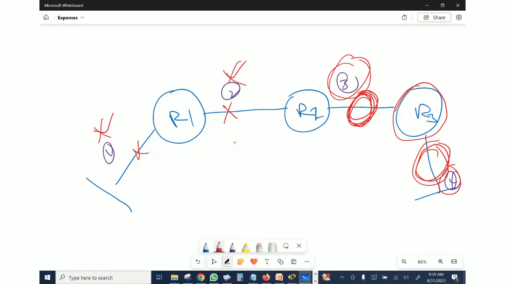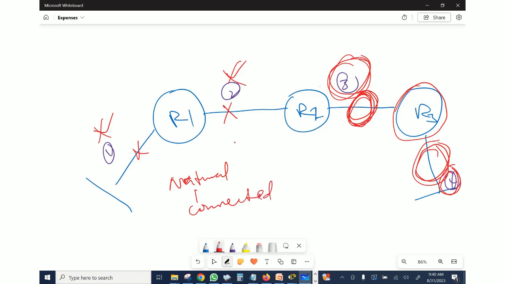Meaning for router 1 to know about network 4 and for it to know about network 3, something must be done. Because normally, how a router behaves is to forward packets to only connected networks. So far, you configured IP addresses on those interfaces, which we have practiced before. So it knows only about the connected network.